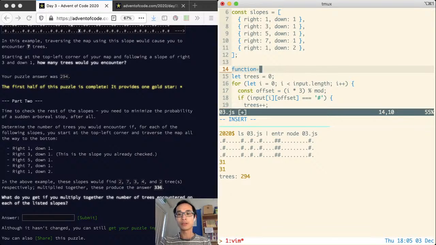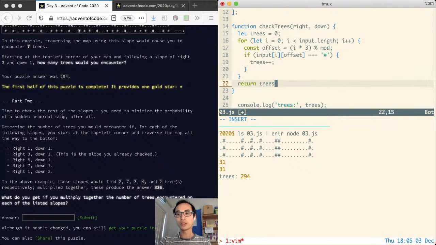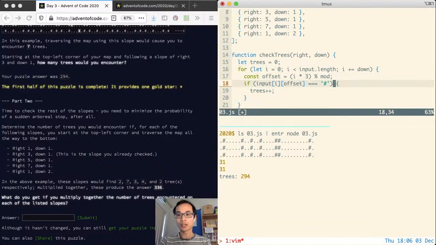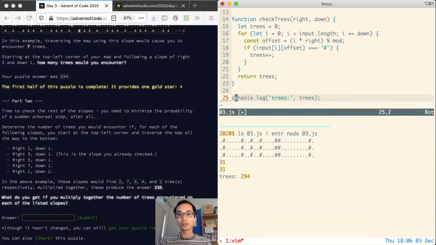this thing. Function checkTrees. We have right, down, like that. Return trees. So now we just put this into a function where the function will do different things based on the input. So right is the number, so this is down plus equals down, and this times here is right. Return trees. So what we can now do is console.log